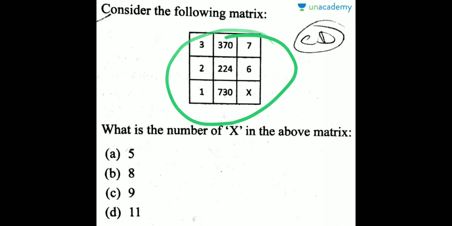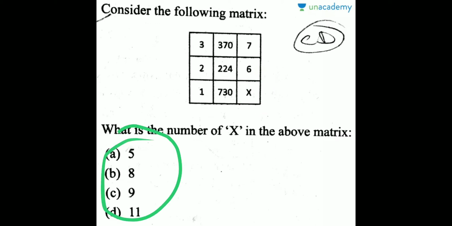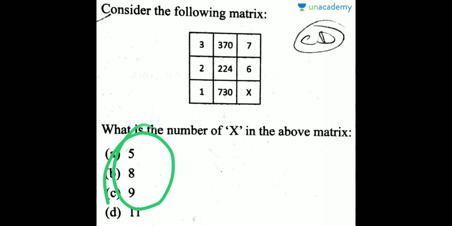So here a few numbers have been given and you have to find out which number should be over here from all these options given over here. Okay, so simply you can see you have to practice to quickly solve such questions, because without practice you don't know what all kind of things can actually come, like what kind of division, multiplication, addition, or subtraction is involved. You cannot get it without any practice.